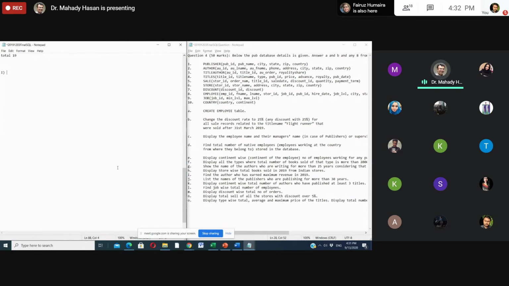Now, if I write select author, maybe AU F name plus AU L name. So I'm writing the name of the author, right? This is how I write the name of the author. জি স্যার।